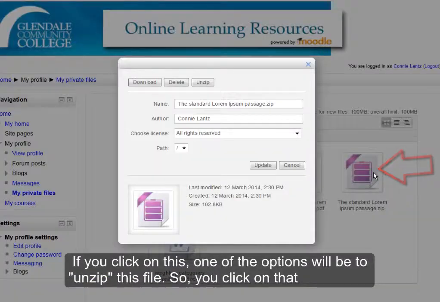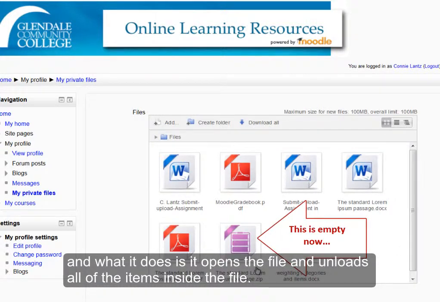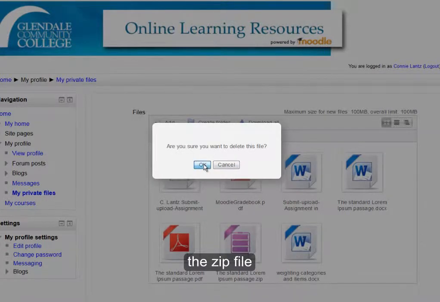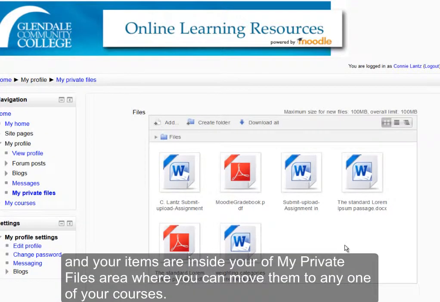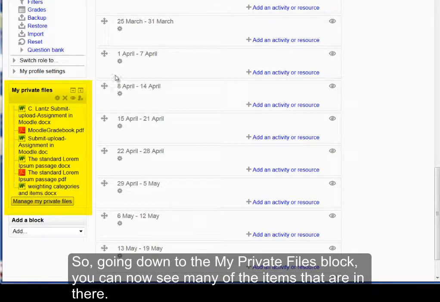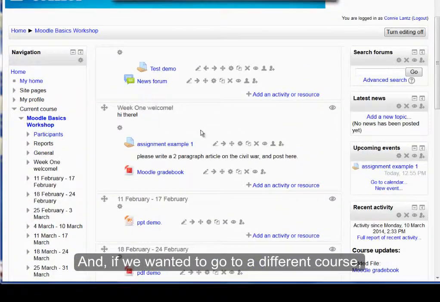If you click on this, one of the options will be to unzip this file. So you would click on that, and what it does is it opens the file and unloads all of the items inside the file. You can then delete the zip file, and your items are inside your My Private Files area where you can move them to any one of your courses. Don't forget to save changes, or those items will not be there when you go to look for them. So going down to the My Private Files block, you can now see many of the items that are in there. And if we wanted to go to a different course,